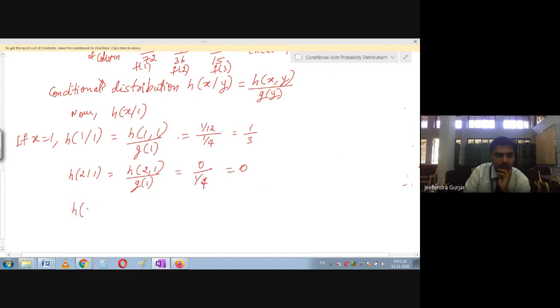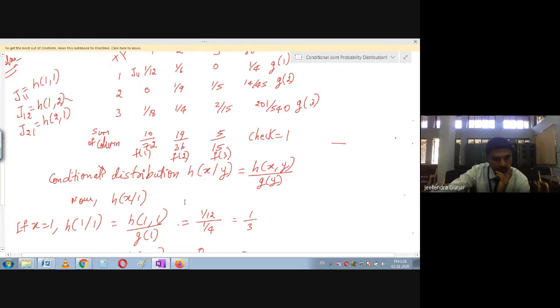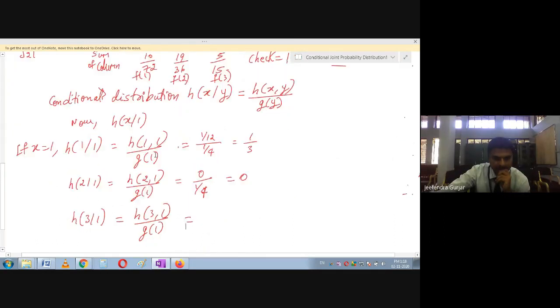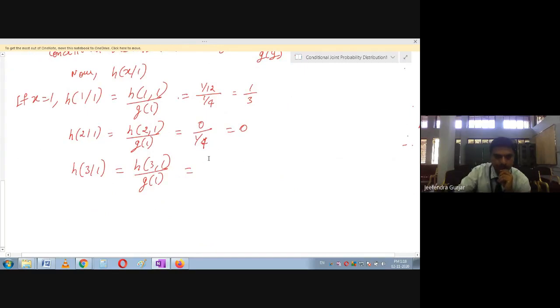Similarly, go for h of 3 given 1. So h(3|1) is nothing but h(3,1) divided by g of 1, students. So h(3,1) is nothing but, g(3,1) is 1 upon 18. So substitute here 1 upon 18, students. So you are going to get here